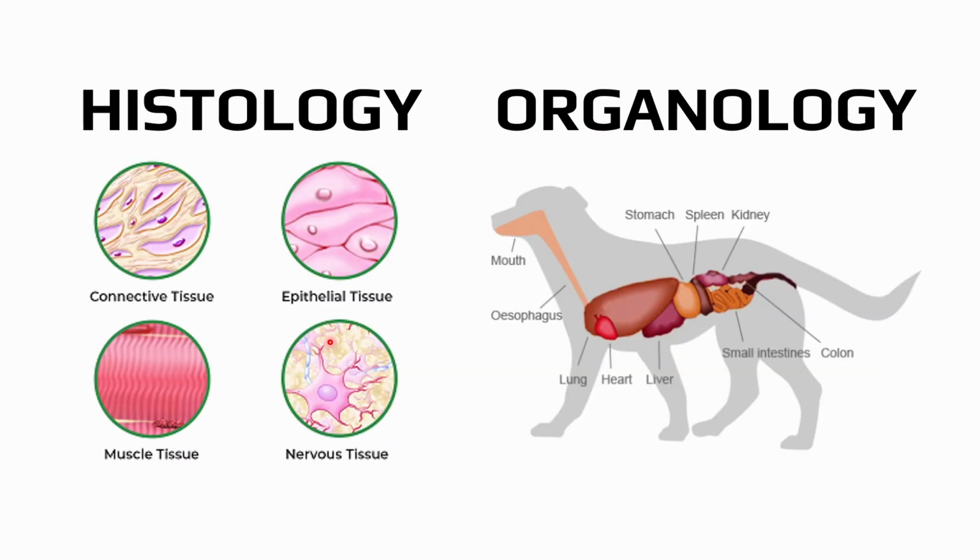But before we can go into what the types of tissues are, let's make it clear what's the difference between histology and organology. For the first part of your microscopic anatomy or VETA 105, we will be talking about the four major types of tissue, while for VETA 106 next semester, after you have passed this current course, we will be talking about organology, wherein we will determine where these different types of tissues are located in each of these different organs.